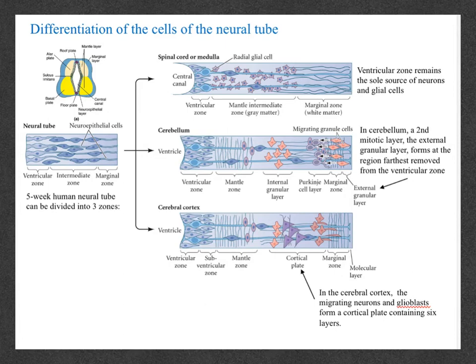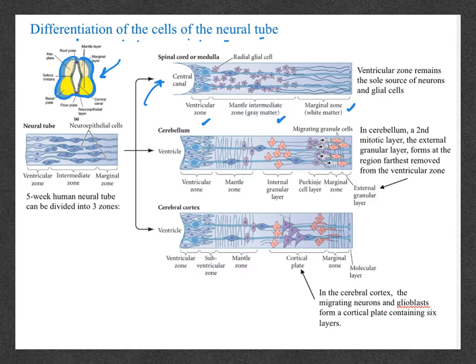Okay, so in this video, we're going to talk about the differentiation of the cells of the neural tube. So here we have a little cross-section of the spinal cord. And what we see here is three zones that this neural tube is divided into. So in regards to the spinal cord, this is a cross-section of the spinal cord. It is made up of three regions, and those three regions are the ventricular zone, the mantle zone, and the